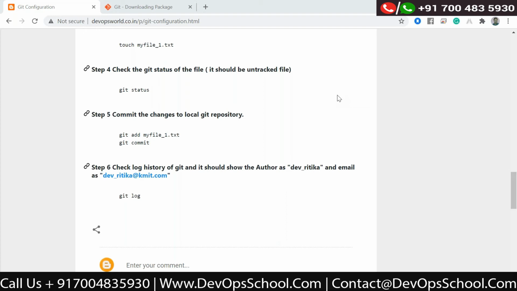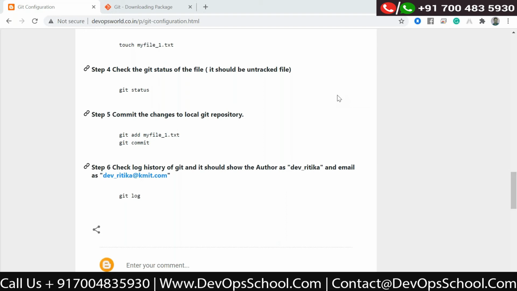After doing this Git, you will be easily able to understand almost all the distributed version control systems. Git is the one which is very popular.